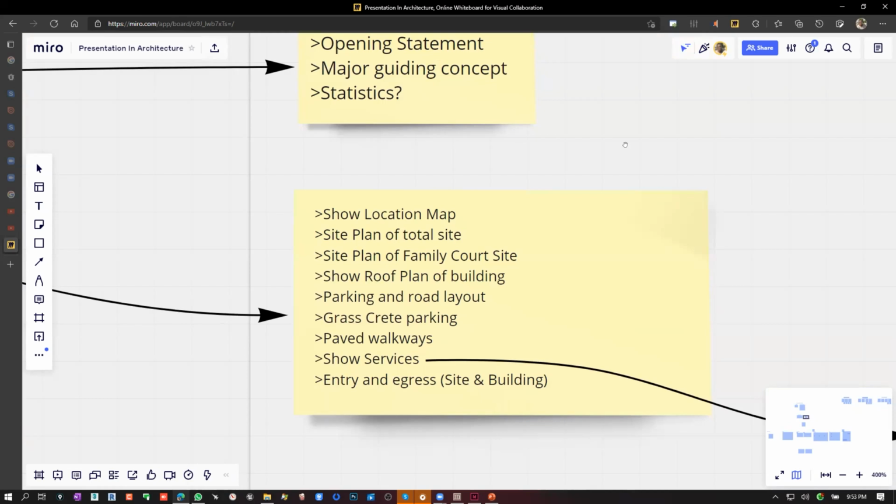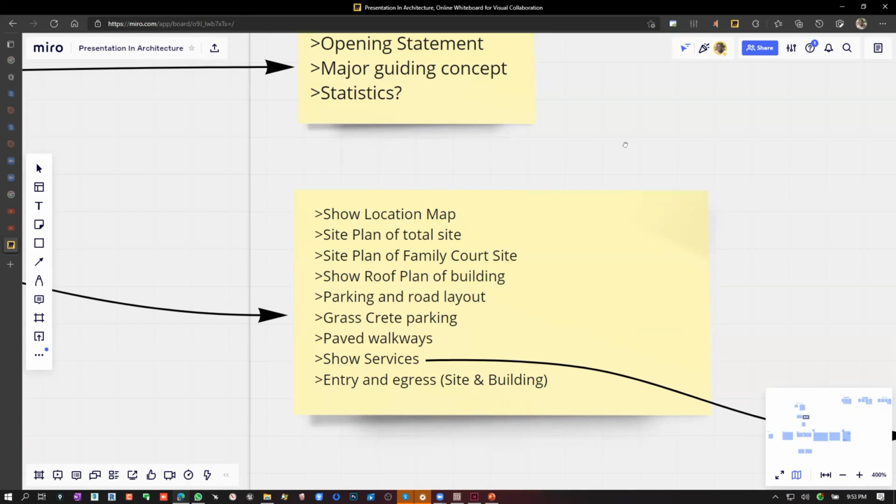So most times you don't need to communicate every single little thing, every nut, every bolt, every grasscrete, every car, every bird in the sky. Most times you just need to be strategic with what you're presenting. And this is what that list allows you to do before you start to pile on everything in your